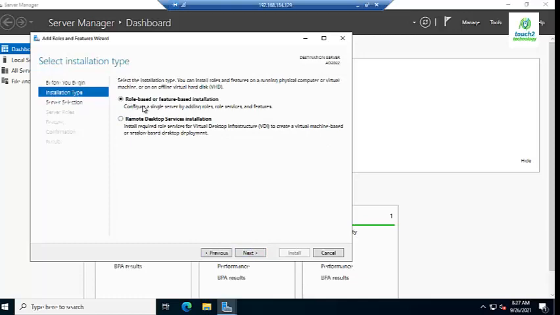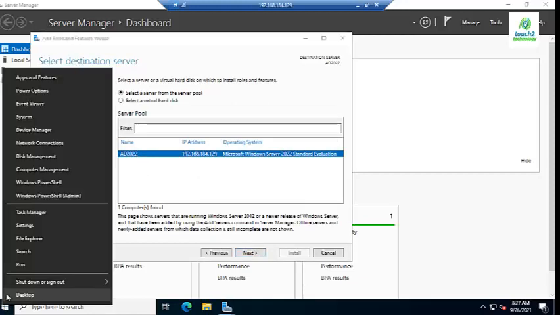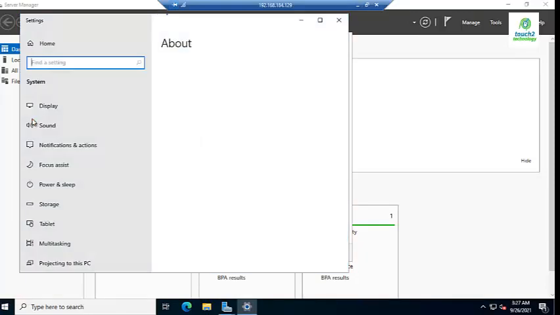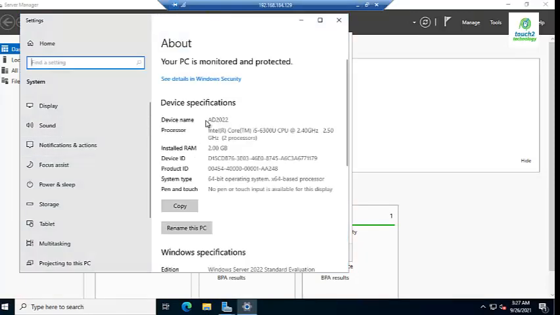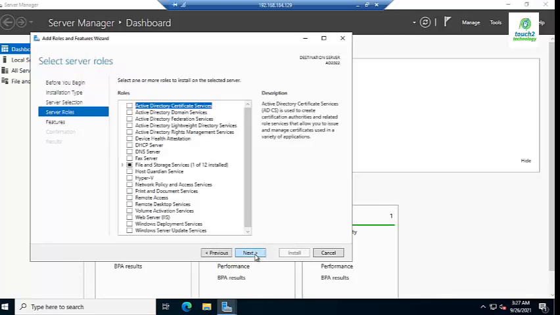I click on role-based or feature-based installation. Next. Here it is showing my Active Directory PC name, AD 2022, and the IP address is also shown here. Now I click on next.